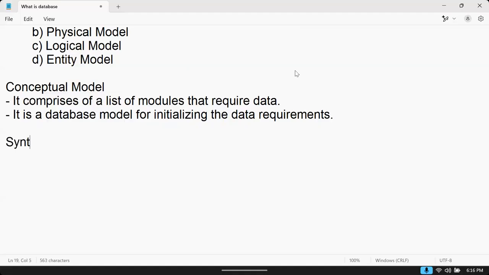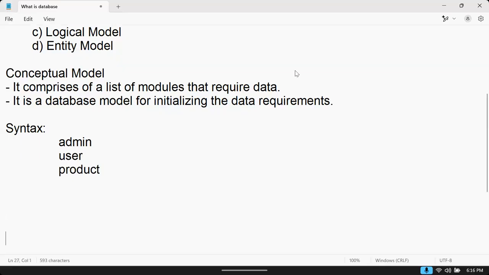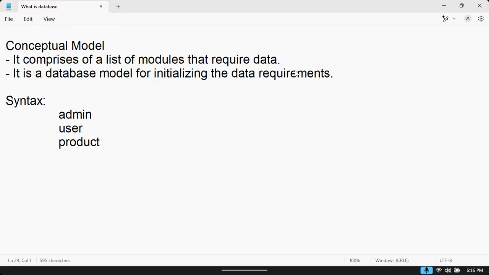Just syntactically, I will give here like admin, user, product. Just a simple list of modules. This is conceptual. Just roughly I will give. The diagram I will share with you later. So the admin, user and product, that is conceptual.